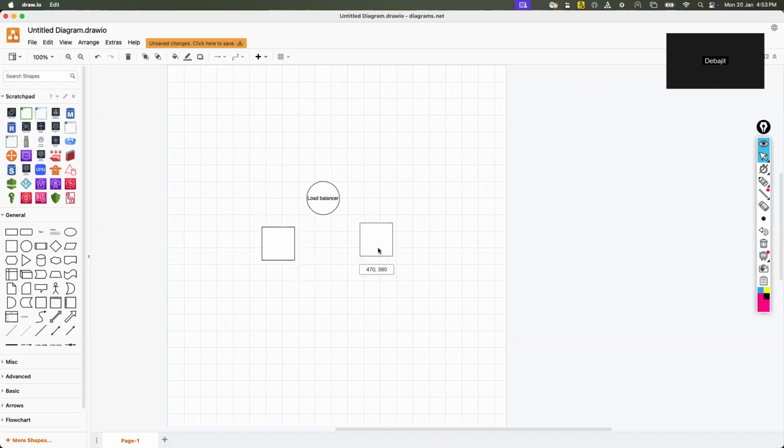Let's assume these are my servers. In AWS, they call them EC2, by the way, but these are virtual machines. So now let's assume this is the architecture of AWS or Amazon.com.